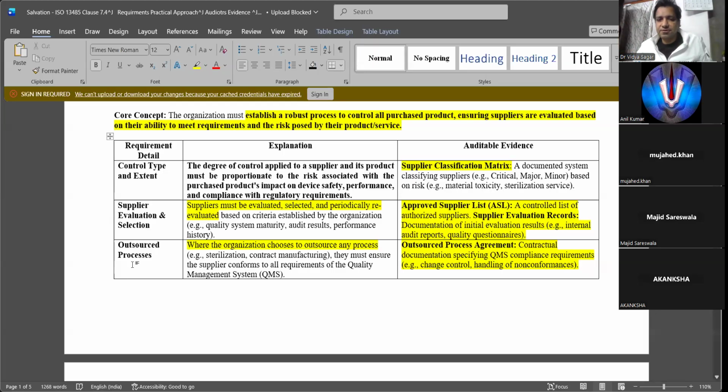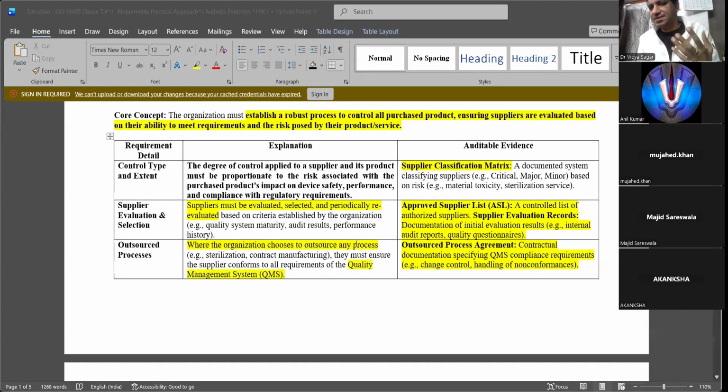So for outsourced processes, you need contractual documentation specifying their QMS compliance requirements, how they handle change controls and non-conformities. You need to look at the total QMS system they have in outsourced processes.